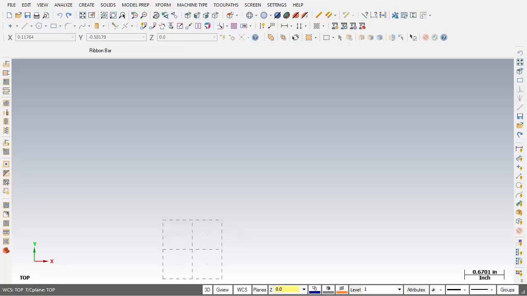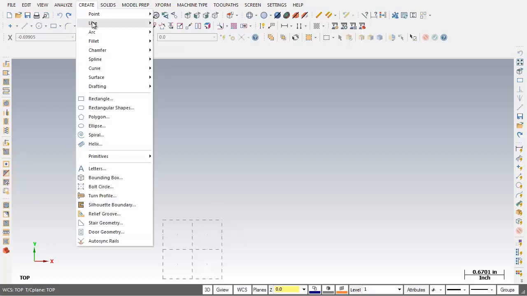Now what I'm going to do is create a 3x3 square. First two lines using line endpoint and then the second two lines using line parallel. So let's get started. I'm going to move up to create, open up line, and first on the list here,